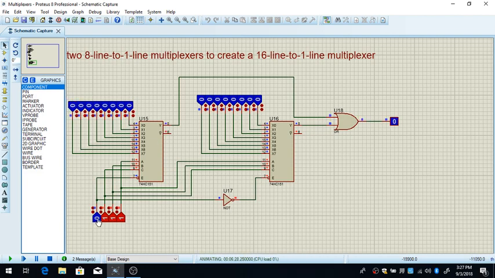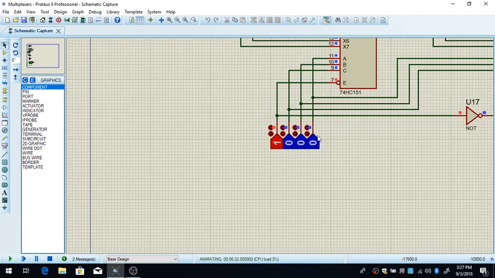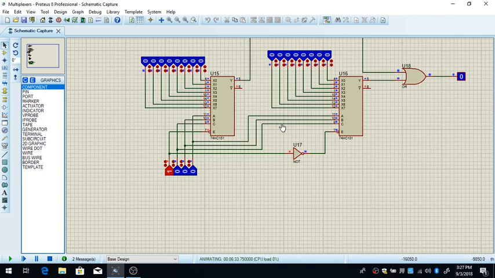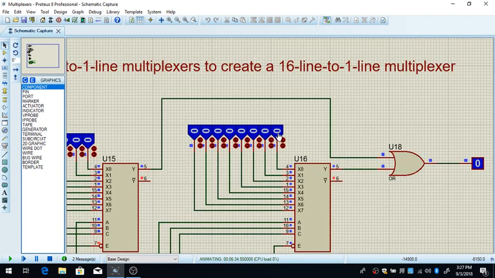But what happens if I put this here? Then this is going to be activated. So now we have a combination of 1000, which is number 8 in binary, so it will act on this